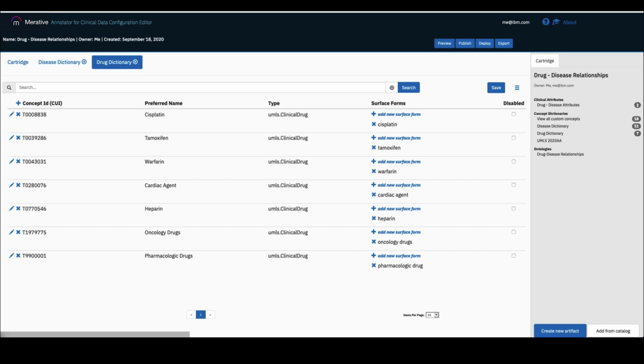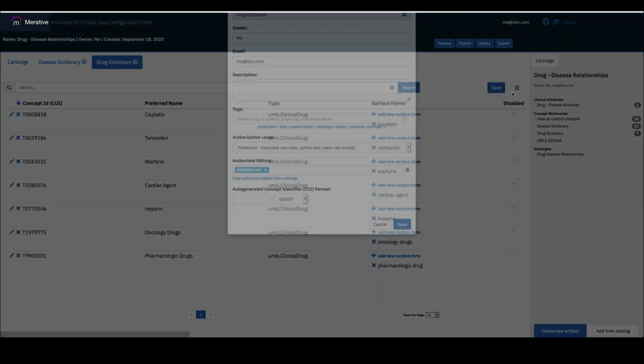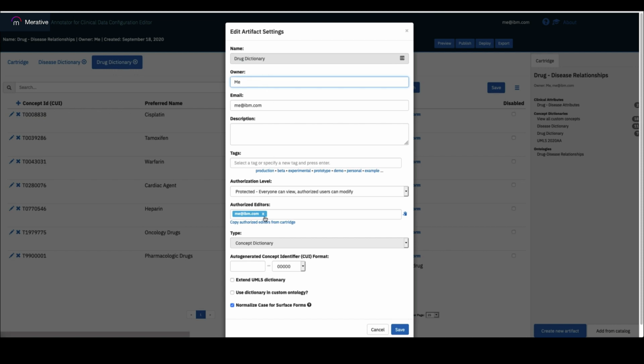Now that we've imported all of those relationships, we have to somehow link those dictionaries to the ontology so that we know which concepts from which dictionaries are being referenced by the relationships in the ontology. To do that, we can go to the dictionary settings. So clicking on Edit Settings from that hamburger menu in the top right,